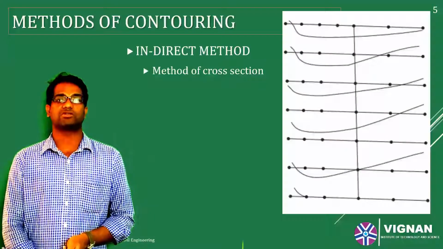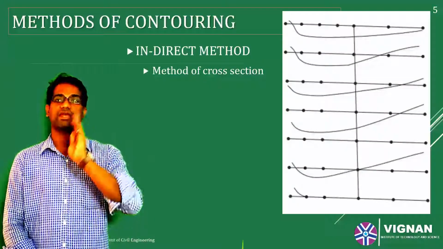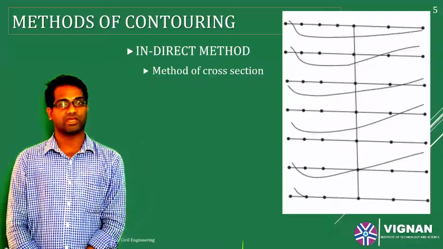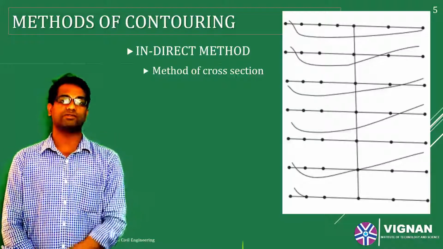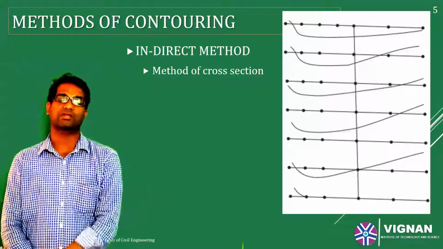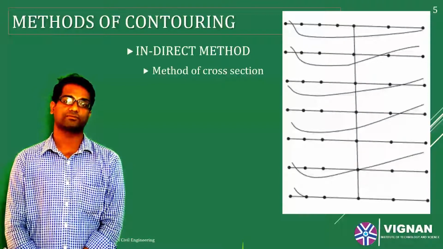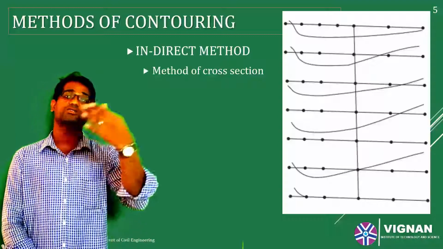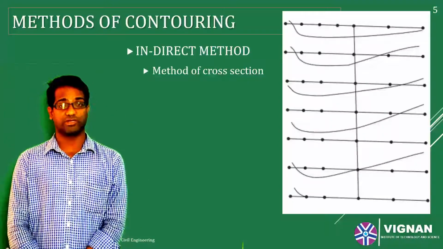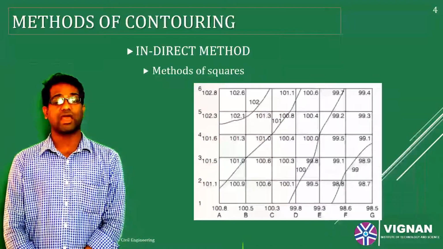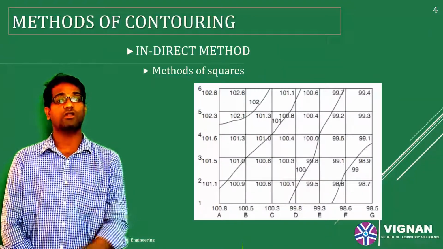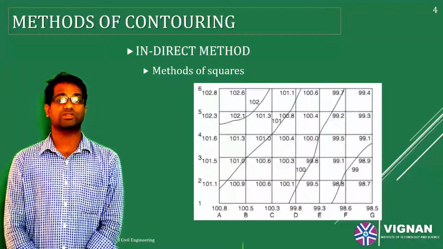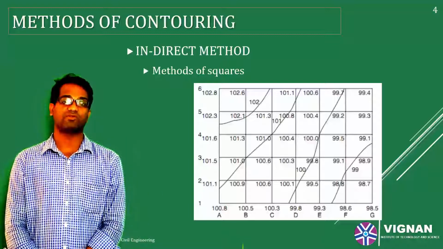A line is drawn or a line is laid out. At regular intervals, the readings are taken, marked on a piece of paper, then contour lines are again drawn with a free hand. Remember, when we are drawing these contour lines, approximation is also to be done. In the previous case and in this case, we have drawn lines which are not passing through the exact junction lines. The approximation is done. There are three methods which we will discuss in the later part.